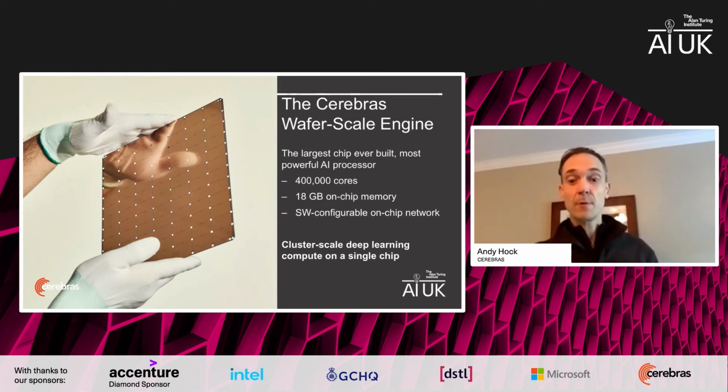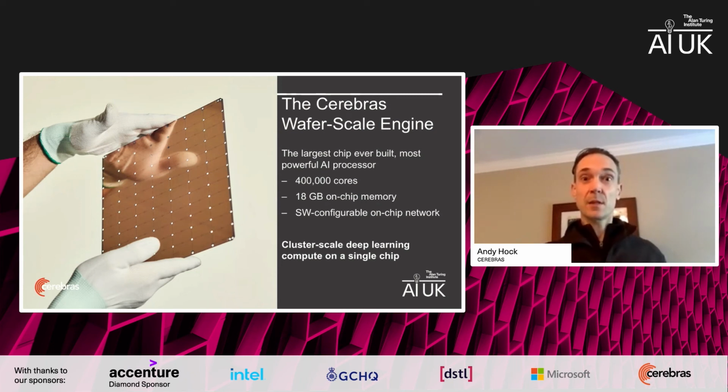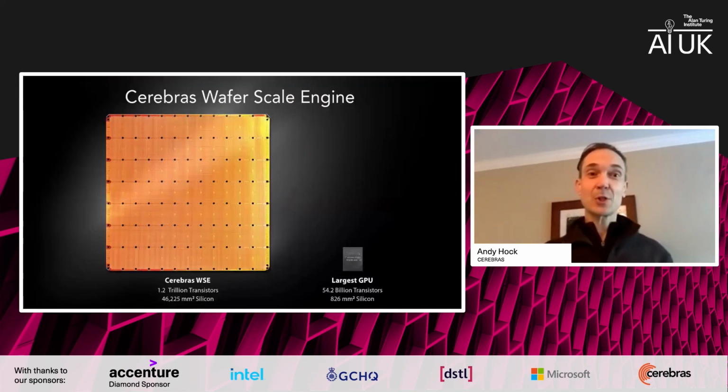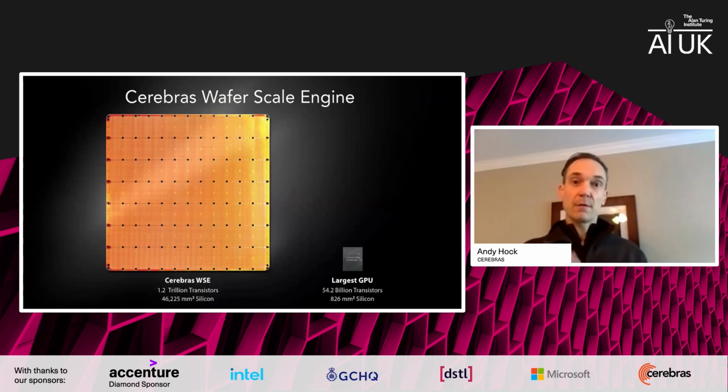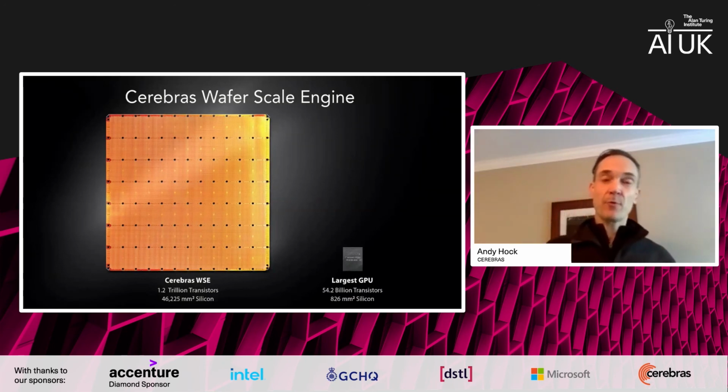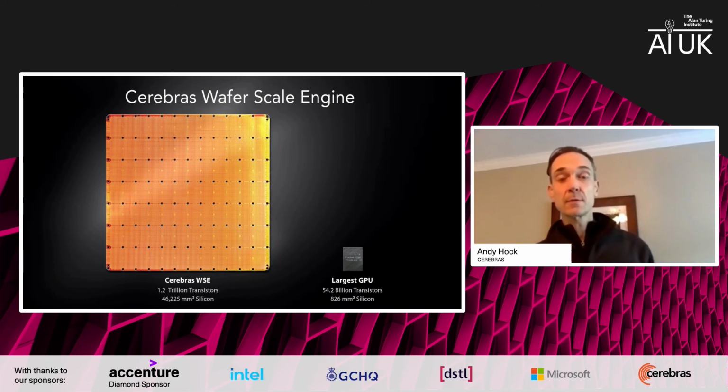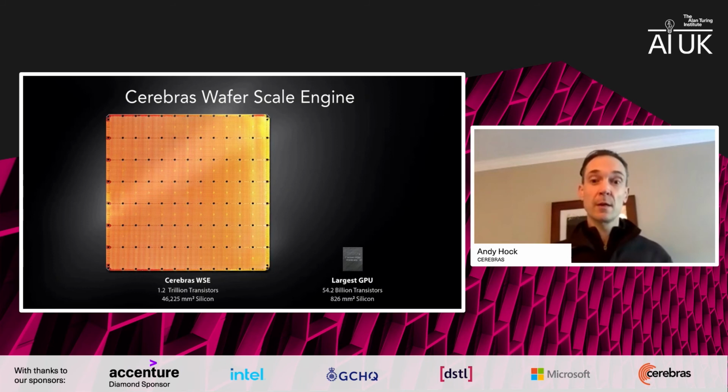Now, from an engineering standpoint, once we arrived upon this novel large-scale design, we had to think about a few things. But first, let me just illustrate the scale of development of the wafer scale engine. At the right is the largest chip built previously. This is a NVIDIA Volta V100, 54 billion transistors and about the size of a postage stamp. On the left is our wafer scale engine with over 1 trillion transistors and the size of a small dinner plate. By bringing together the compute and memory and network resources onto a single chip, we can execute neural network and deep learning workloads